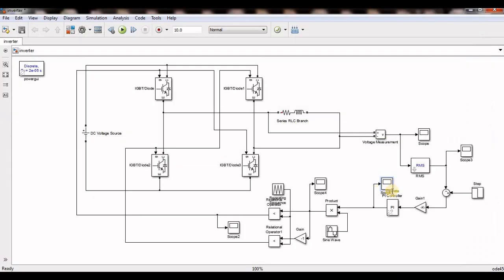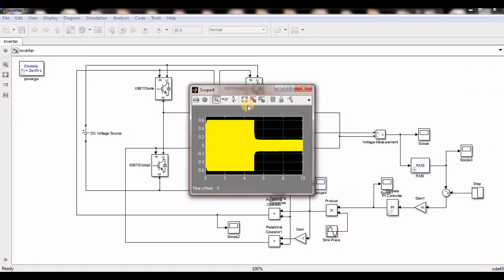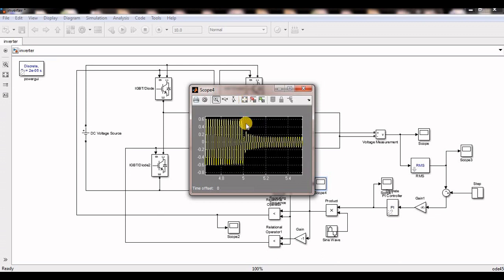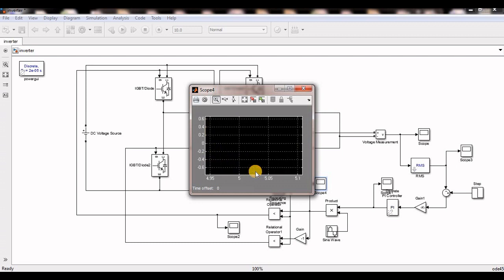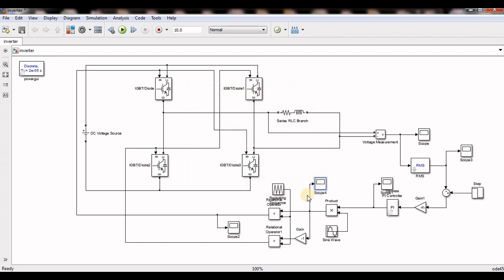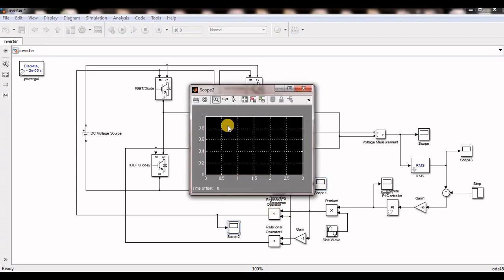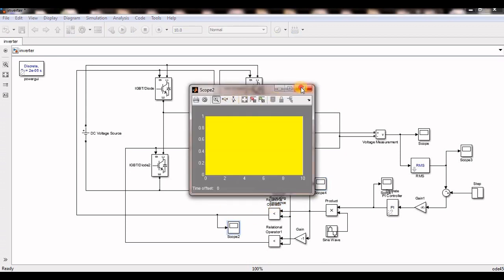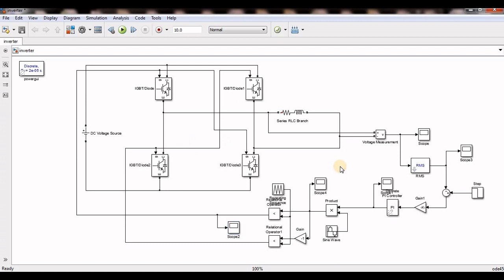So this is the modulation index, and we convert the modulation index to AC by using a unit sine wave. So see here, the sine wave magnitude is reducing. So this is my reference signal to generate the pulses, and these are my pulses. These are the pulses for the inverter. So this is a small experiment about the single phase inverter, and in my further class I will explain the closed loop of three phase inverter.